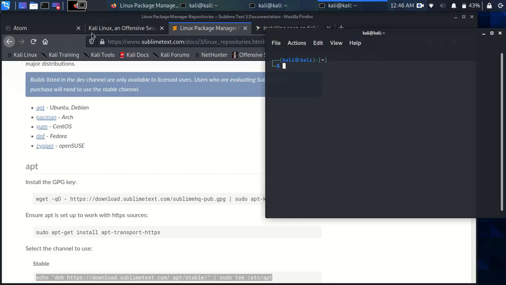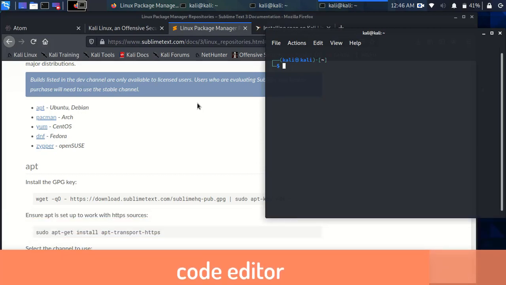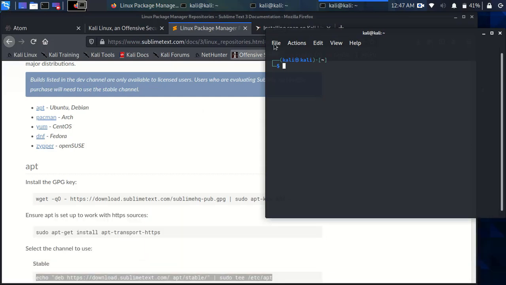The third most important thing to do is to install a code editor, and for today's example I will install the Sublime text editor, but you can install whatever you want. How do you install that? You go to the official website of the text editor that you want to download, and then you choose your package manager. For Kali Linux, it is the same as Ubuntu and Debian, which is apt. So here are the instructions or documentation. You will just copy the first thing